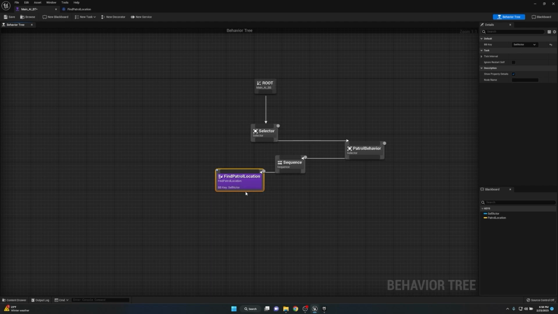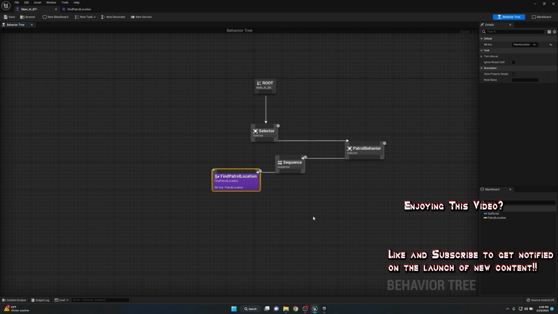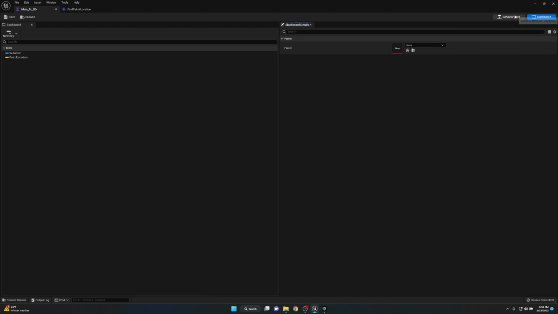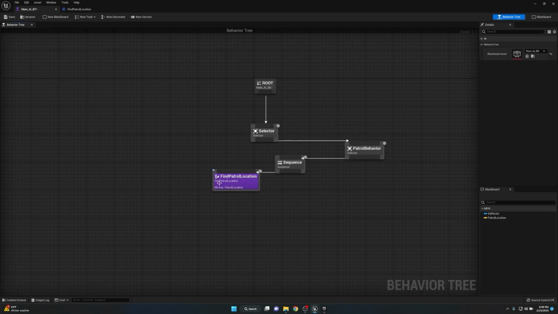Now, in order to set the value so you can use it within your behavior tree, you have to make sure to have the actual task highlighted and then go into the details panel under default Blackboard key. Make sure to change this to patrol location. This way, it'll find a location and set that location as the patrol location within the behavior tree. So again, you're setting information that is just stored types of information within the Blackboard, but you're changing it from a different source. So we're going to run and find this, and then we're just going to run a wait